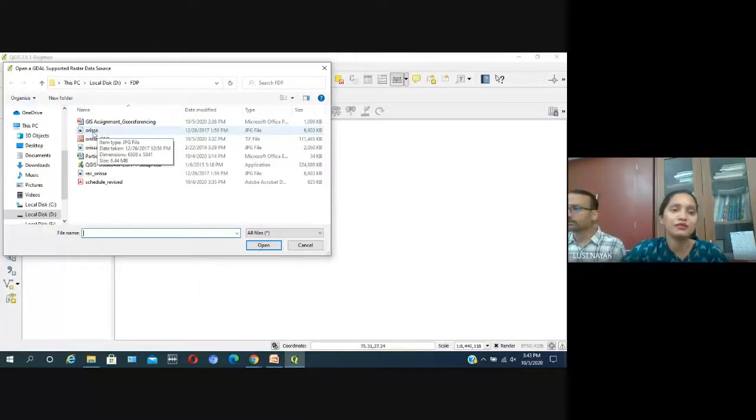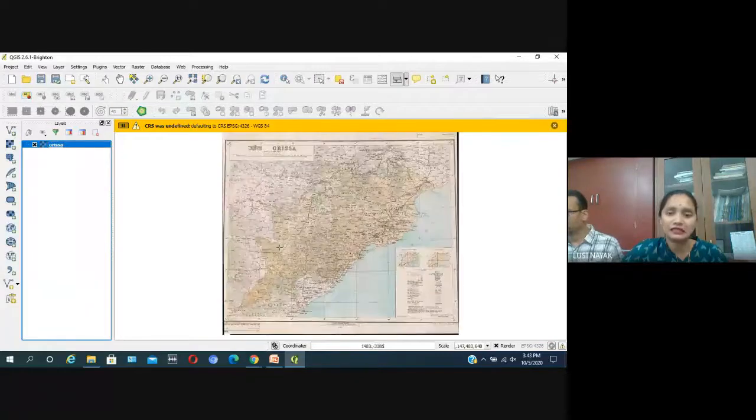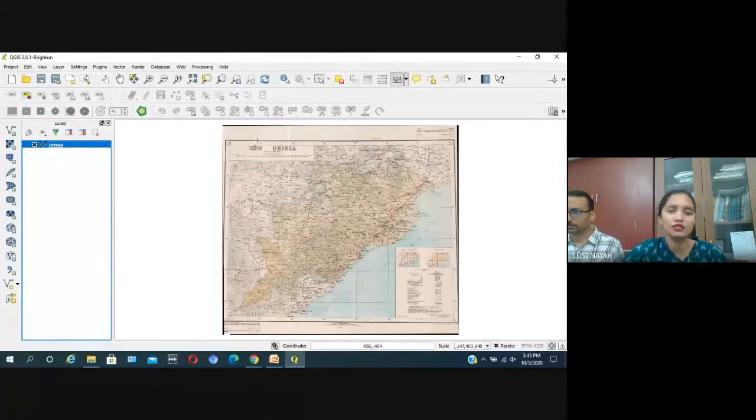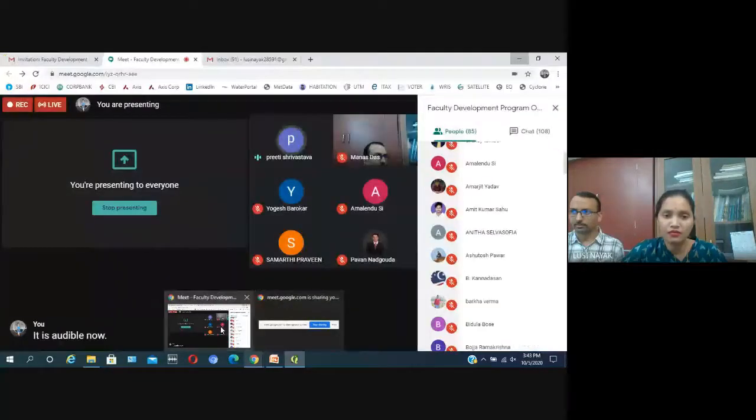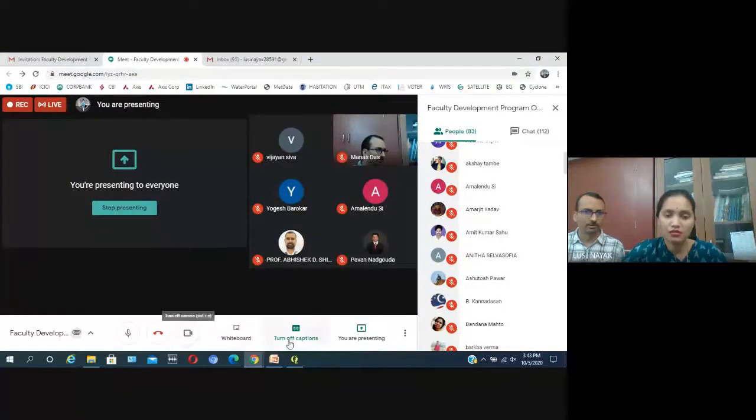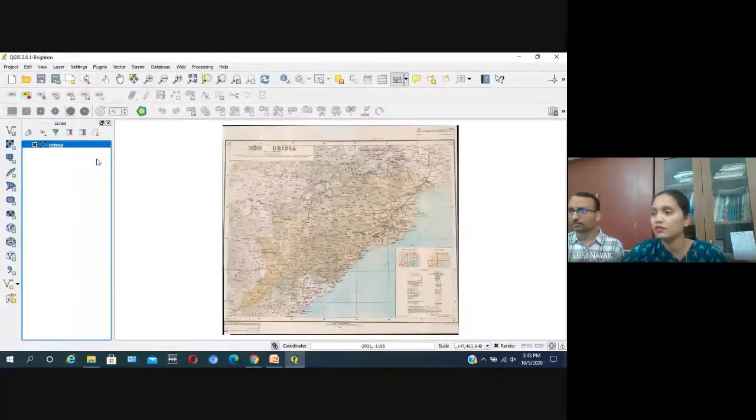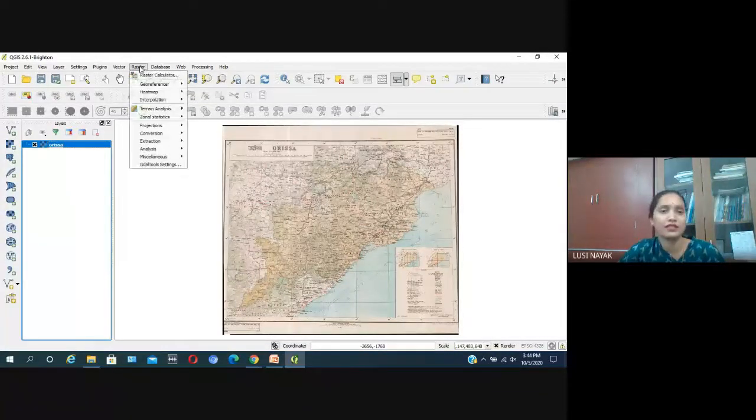Then add your map, then open it. Has everybody finished this process? Go to raster, then georeferencer.